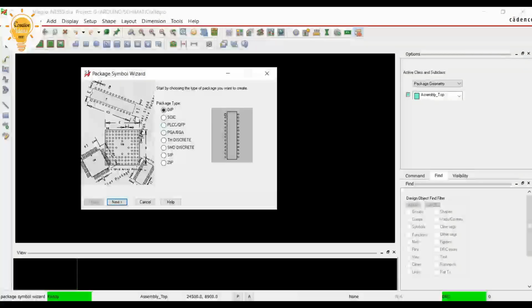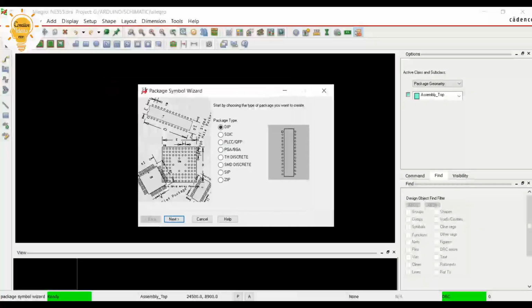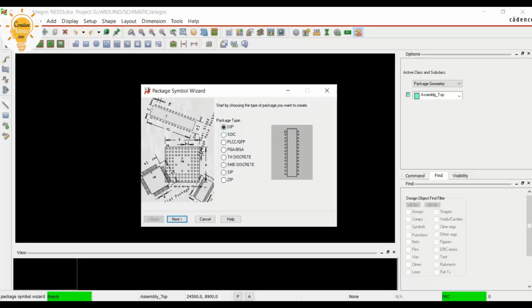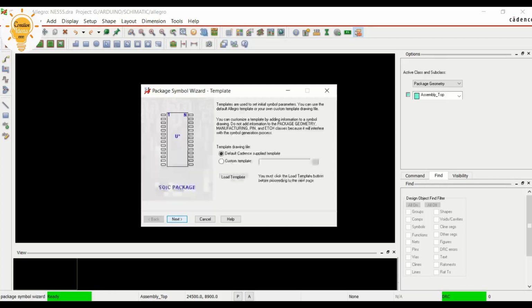Here we have to know all the package types. Now we are going to use the SOIC package. Now I'm creating the automatic footprint creation. So first step,